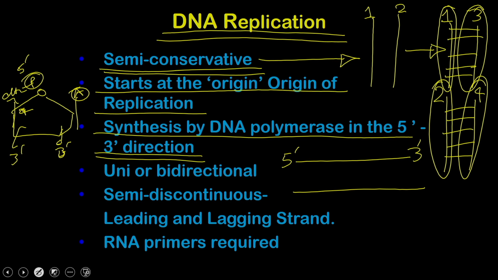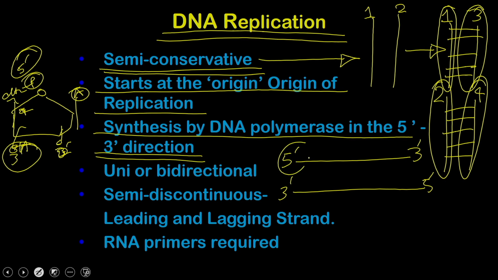This is the 3 prime end and this is the 2 prime end. So, here you have an OH, and that OH is what can be used. If DNA synthesis is occurring, it is utilizing either the 5 prime OH or the 3 prime OH, which is why the DNA has a directionality which goes from 5 prime to 3 prime and 3 prime to 5 prime, because this is the complementary strand.